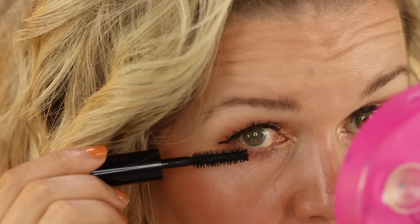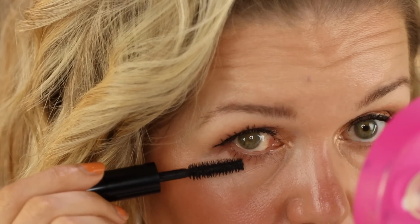So I usually just put mascara on my top lashes because I want lift up. I find when I do mascara on the bottom lash, it kind of drags me down. But I just want to complete the full eye so it doesn't look like I forgot the bottom. And I just do a teeny tiny bit in the corners just to make it a little bit cohesive. And that's about it. So I'm going to zoom out a little and finish the rest